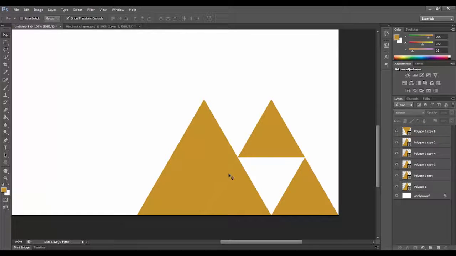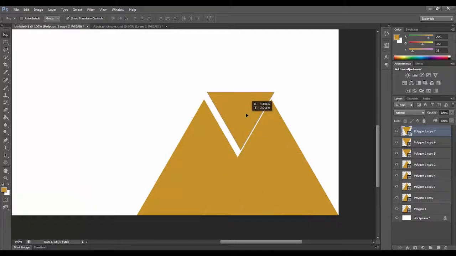Okay, so you can tell there's a really thin white line. If you've got that, then you know you're doing it right. Just go ahead and hit Control J again. Control J one more time. And there you go. Now it doesn't look like much right now, but once you go back to your shape